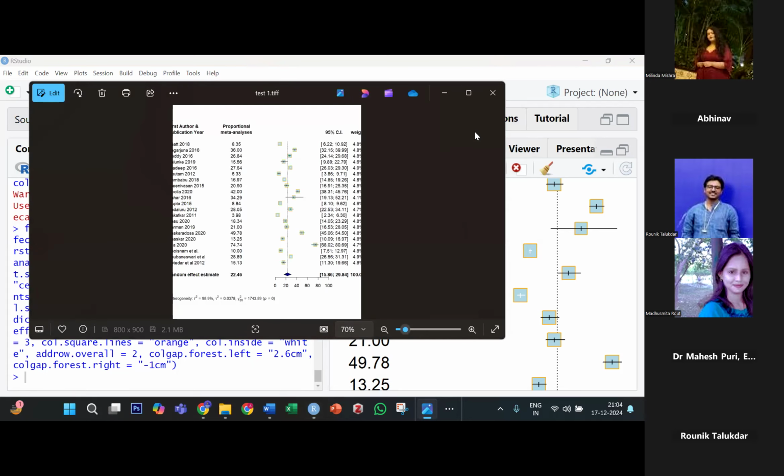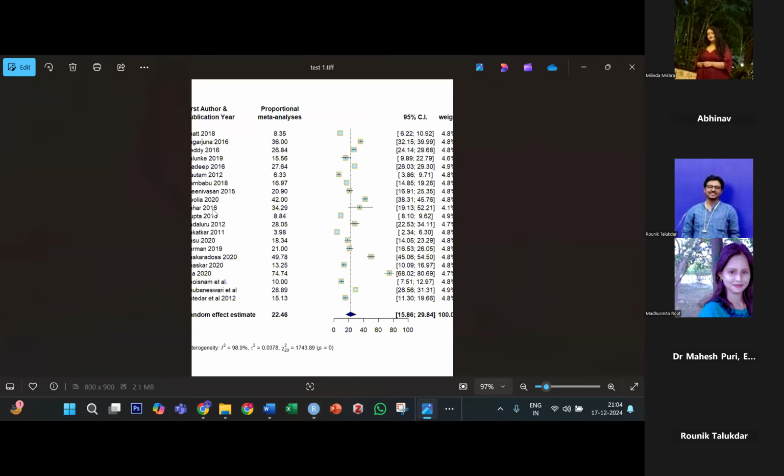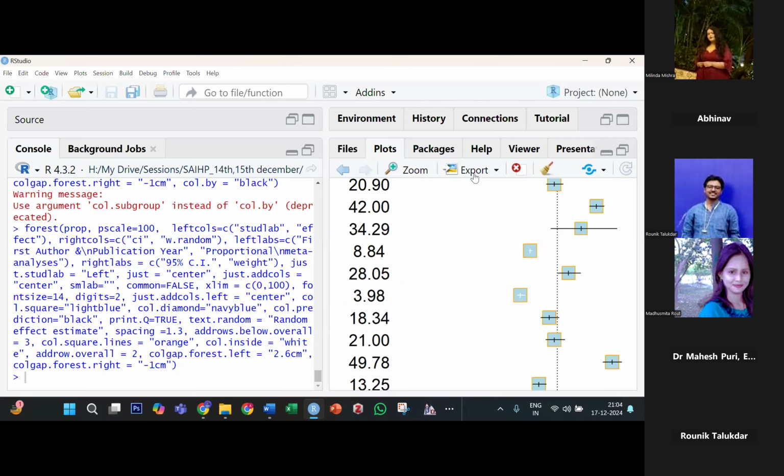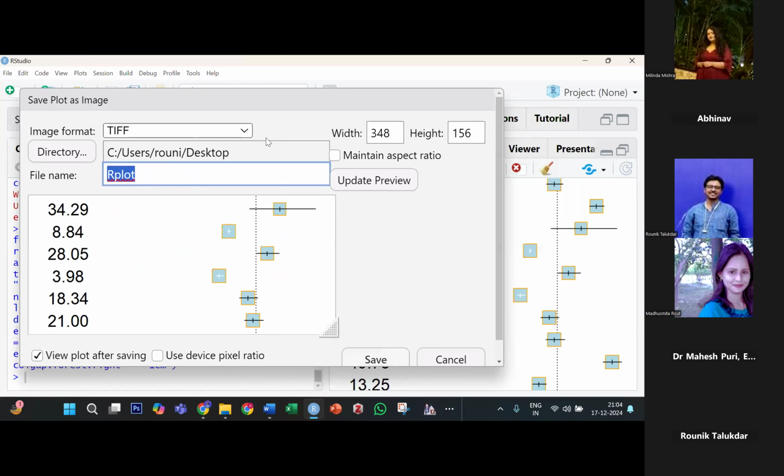हाँ आ गया। बट इसका विड्थ कट गया, तो विड्थ बढ़ाना है। तुम्हारा भी कट गया? हाँ, तो विड्थ को बढ़ाना है, तो फिर से एक्सपोर्ट में जाओ, सेव एज इमेज। ये थोड़ा कर करके देखना पड़ेगा, क्योंकि विड्थ कितना रखना है याद नहीं रहता, और वो प्लॉट के ऊपर भी डिपेंड करता है। तो हाइट वाज परफेक्ट, विड्थ यहाँ पे हम लोग 1100 कर देते हैं, और हाइट को वही 900 ही कर देते हैं, और फिर सेव करते हैं।